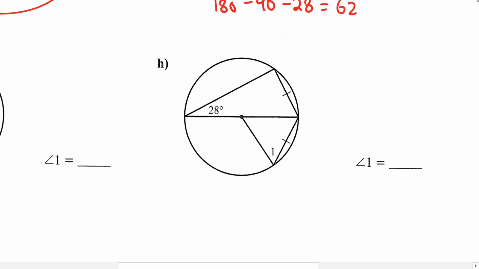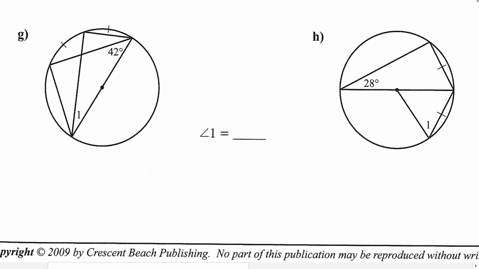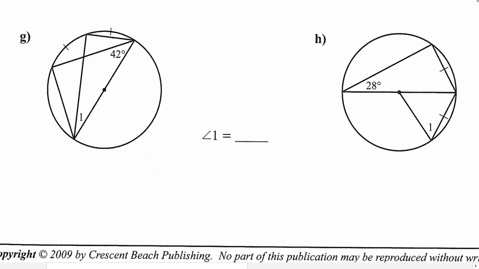Let's move on to the next 2 questions for the first page. Do letter G now. For letter G, some of the techniques that you have to use are very similar to the previous problem. And I know that these two angles here at the bottom, those two blue angles, are going to be equal